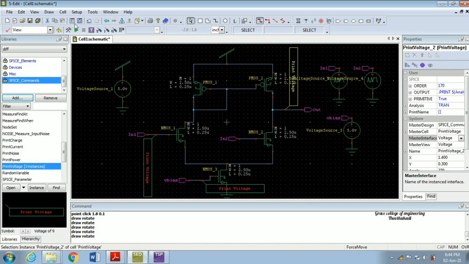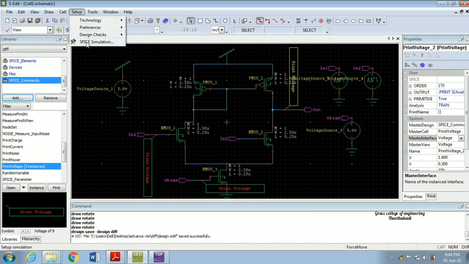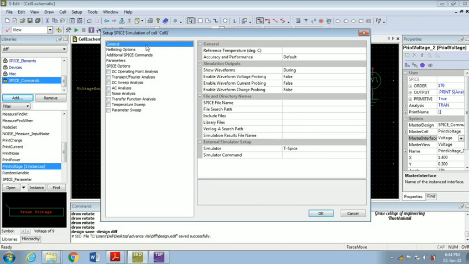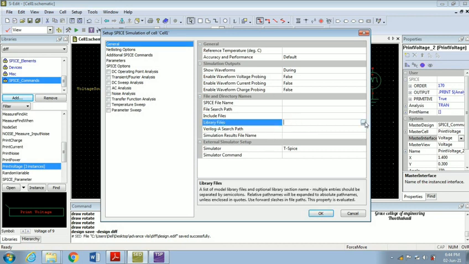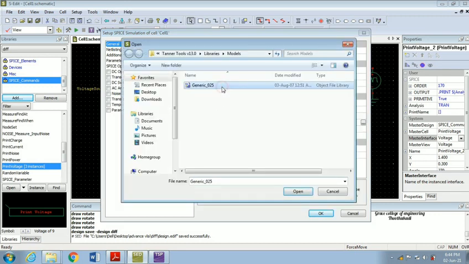Okay, now we have to save this file and go for setup, simulation, and in general cases we have to select for our library files. So this is the library file. So once you open this one,